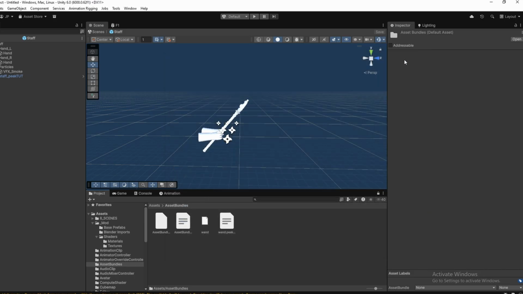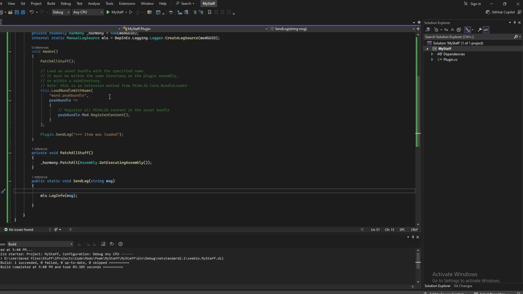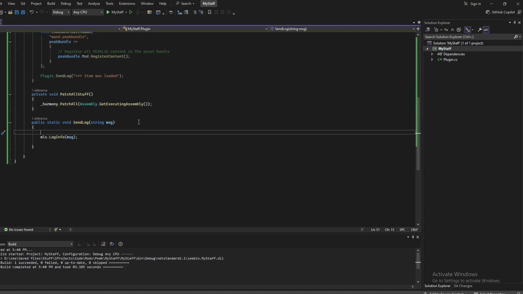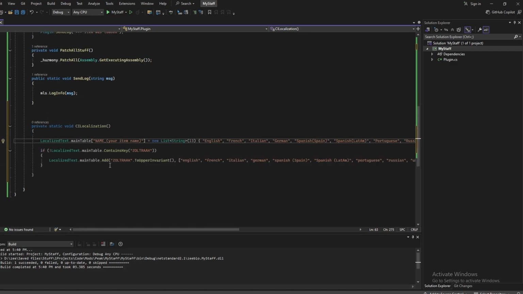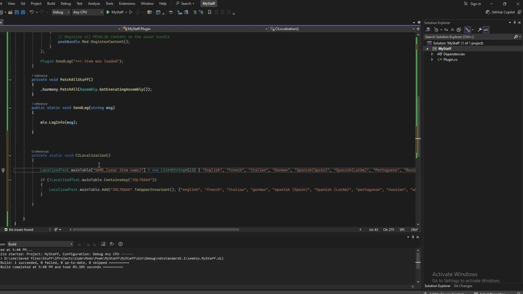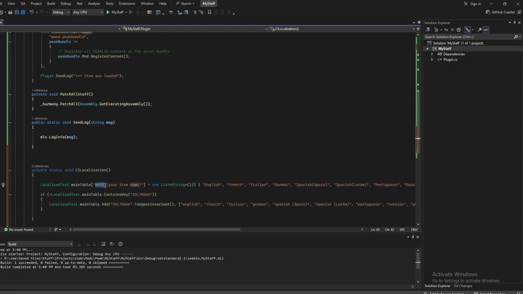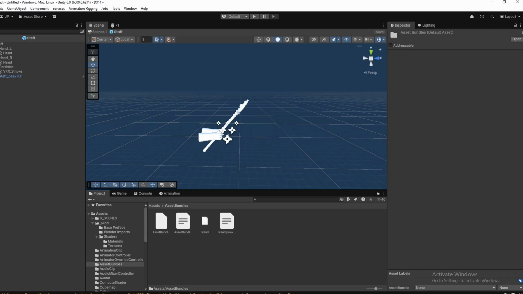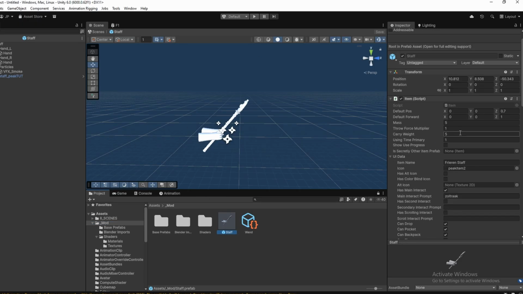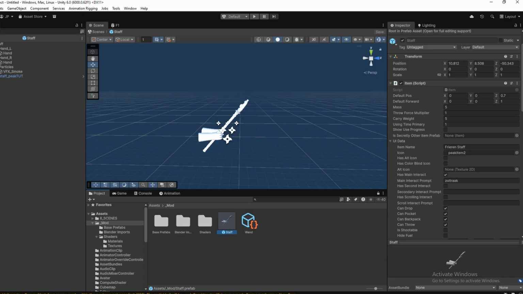Now I can close that, and I'm going to open up this thing here. Okay, so I'm going to paste something in. That should help us with the naming issue that we had earlier. This is an example of what you could do to get the name working correctly. You basically use this prefix here and your item name. So for me, because my item name is, let's see, Freeman Staff, I would